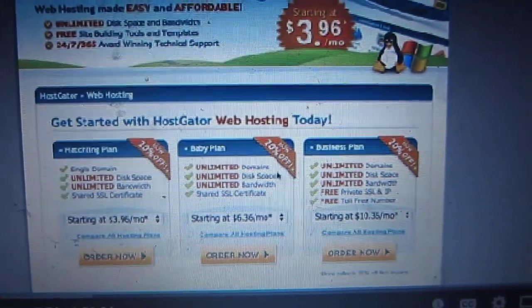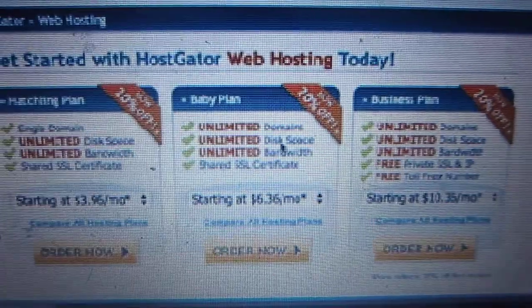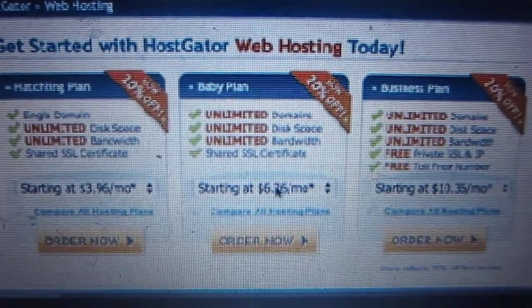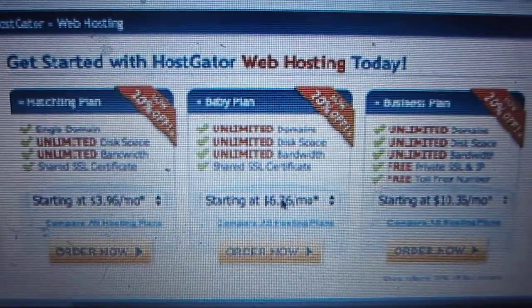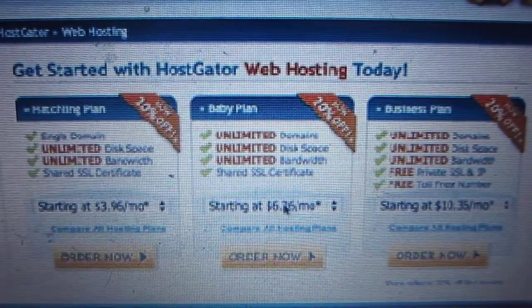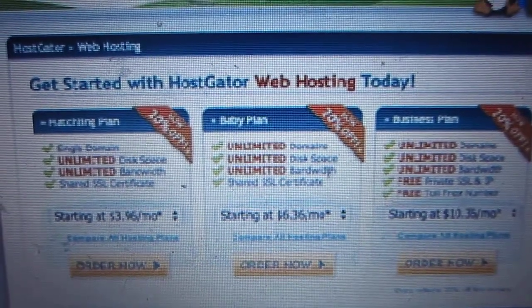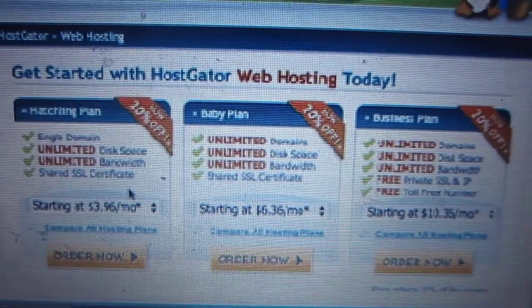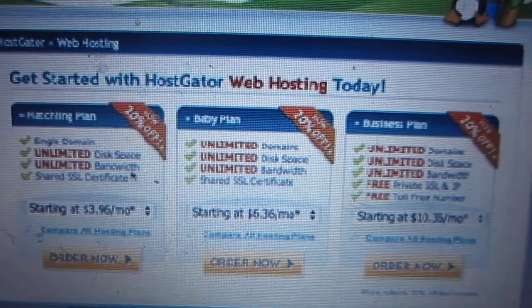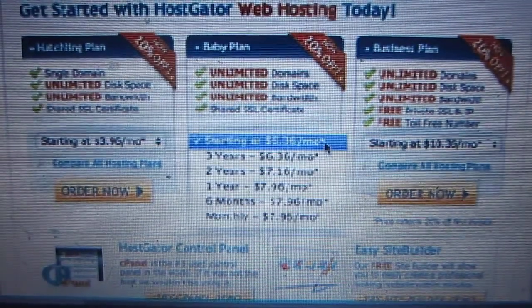I like to go with the baby plan. This is what I have. I have about 50 websites on this baby plan, and it allows you multiple domain names. So if you want to start a web development business, or you want to also host your friends, you want to have your friend's website.com, your family's website.com. You can have as many as you want on this plan. So that's the one I like to go with, just because I don't want a single domain. But obviously, if you know you're only going to have one website, you can get this one. So let's go with the baby plan. I like to do it month by month, just because